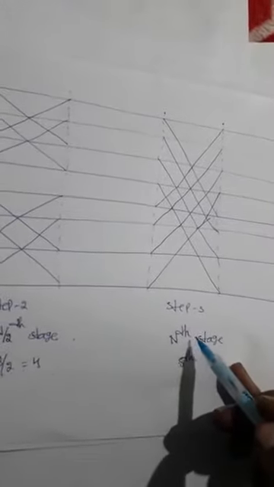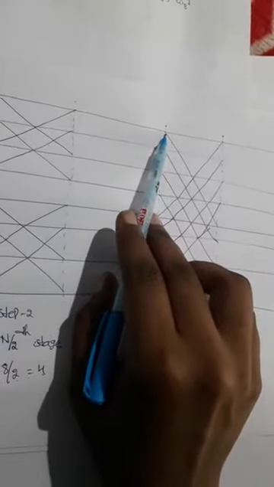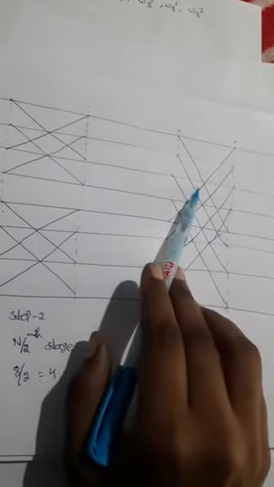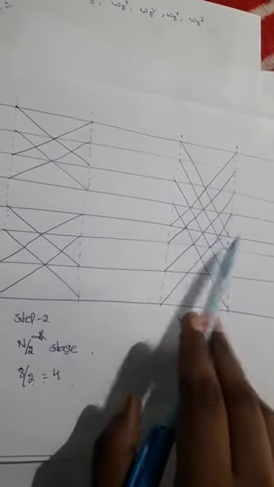Similarly, stage 3. In this stage 3, the first one is connected to the fourth one, and the second one is connected to the fifth one. See here, this first one is connected to 1, 2, 3, 4. So the fourth one is connected now, and next the second one is connected to 1, 2, 3, 4. So the fifth one is connected. Like that we can mention it as 0 to 0, 1, 2, 3, the fourth one is connected. Like that.